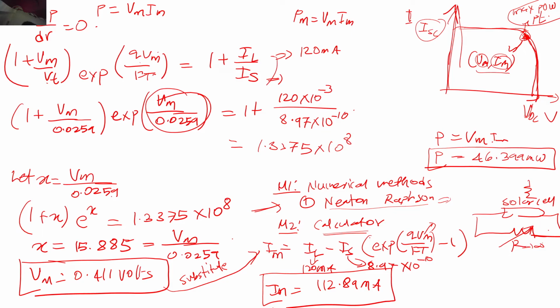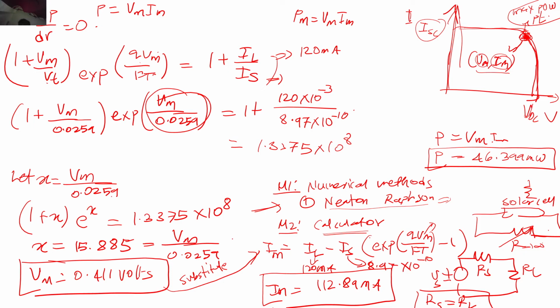If you look at this point, I got the value of Vm and the value of Im. Now, until and unless the resistance matches, you know the maximum power transfer theorem. The source resistance should be equal to the load resistance. So let me write it. You have the voltage Vs, you have Rs, and you have RL. Until and unless Rs is equal to RL, you are not going to have the maximum power transferred to the load.